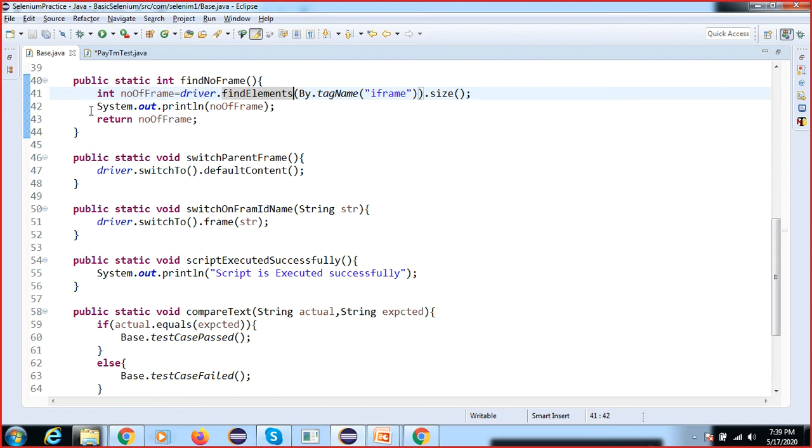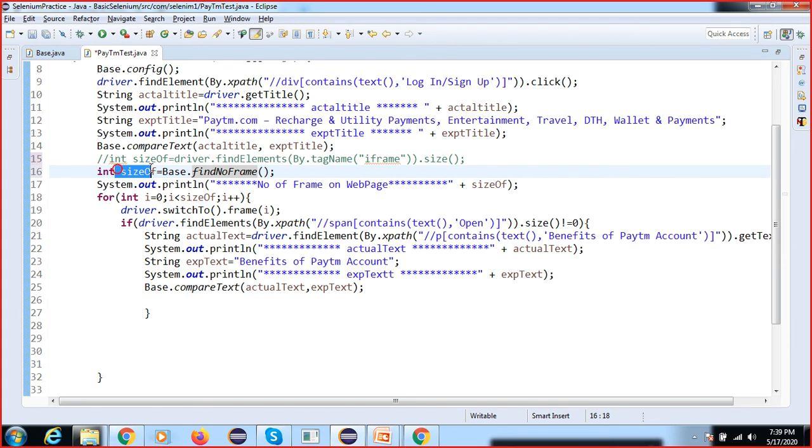I need to get here size, and here what return type do I need to give? Integer type. Many people ask in your Java session where we can use this return type in real time. Here, if you use the void type, then it won't work. Why? Because the return type you are storing here, we need to iterate this integer type. You have to store it in some variable.